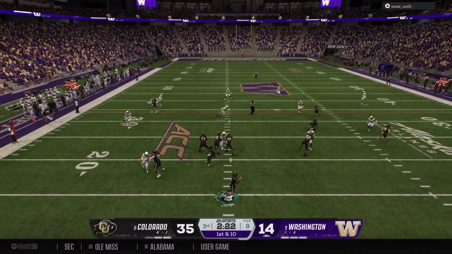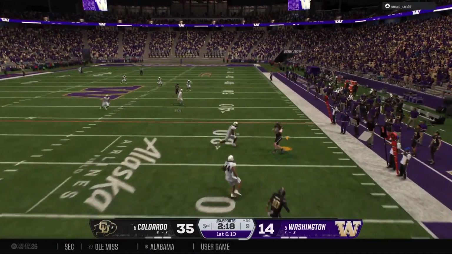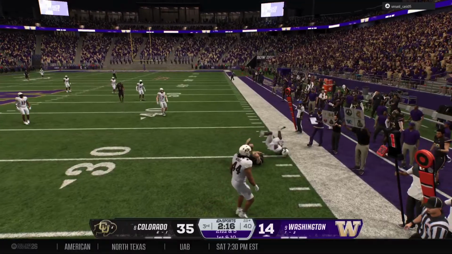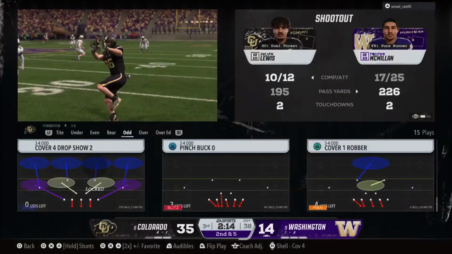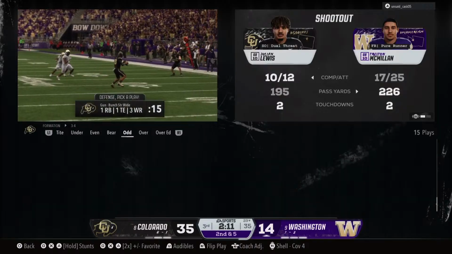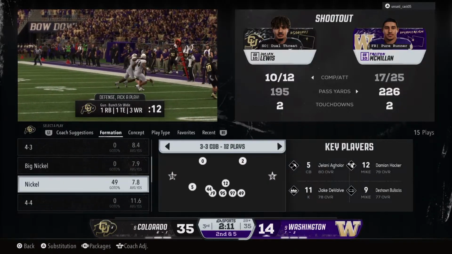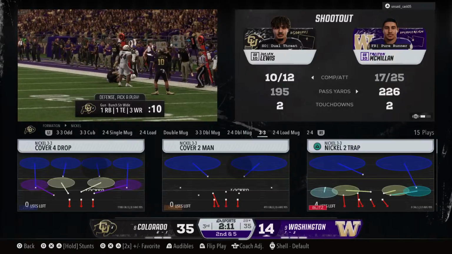Scanning the field, it's McMillan. Looking to buy time. Got away from trouble and got rid of it. Quickly to the tight end. Tackled there by the defense. That's a great example of the defense tackling the catch. As soon as the big fella caught the ball, down he went, not picking up the first.